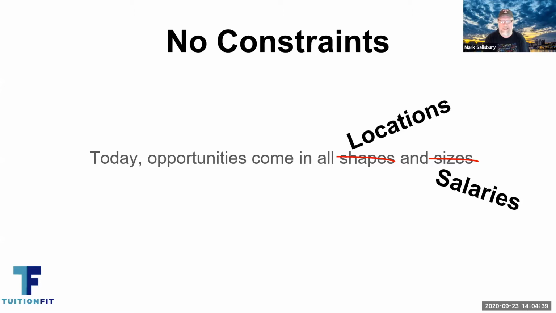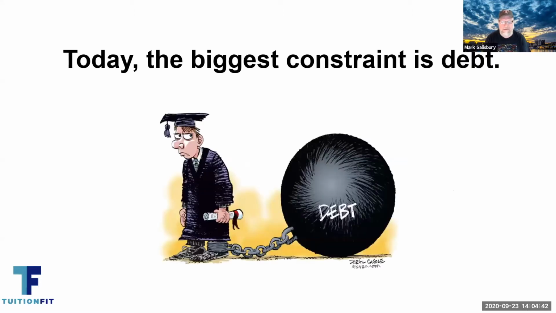because it's your passion. And today, the biggest constraint for students and college graduates is actually the debt that they've accrued while they've been in college. That means for them, there's this awesome startup that I want to work with, and it could change the world, and I'm super passionate about it, but guess what? They don't pay very well, and I've got a debt payment of $400 a month starting up in a couple of months, so I can't take that job because I couldn't possibly afford to make those payments and take that job. That's what the constraints look like for students today.